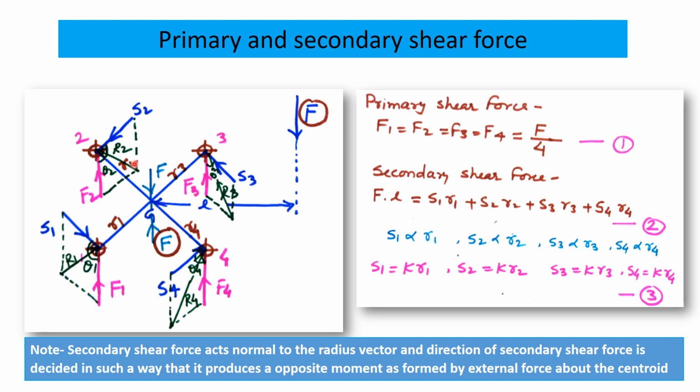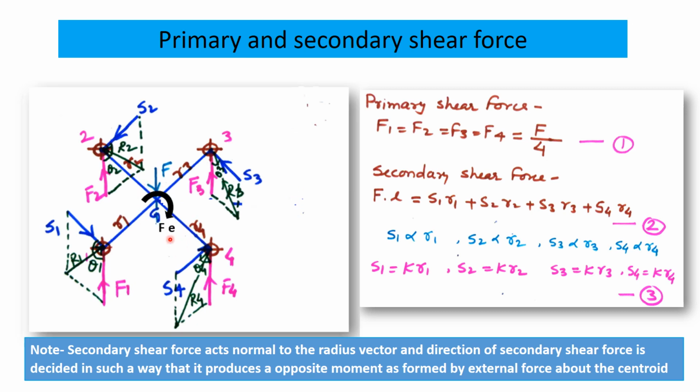These two forces are equal and opposite, so they nullify the effect of each other, and the whole system remains as it was in the previous situation. This downward force F and this upward force F are equal and opposite, and they are at a distance of e, so they form a couple. They form a clockwise couple about the centroid, and there is only one remaining force F and the couple whose value is equal to F into e. So here there is a force F and a couple whose value is equal to F into e.